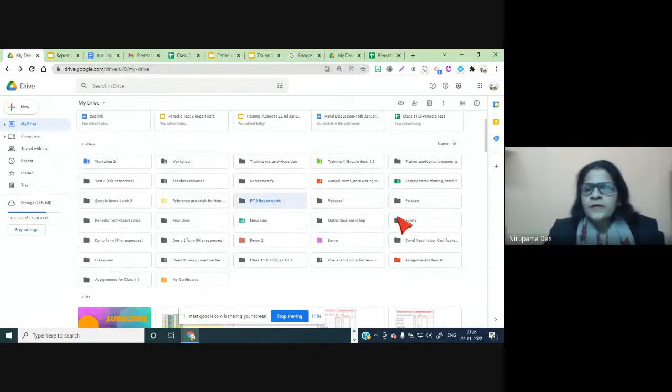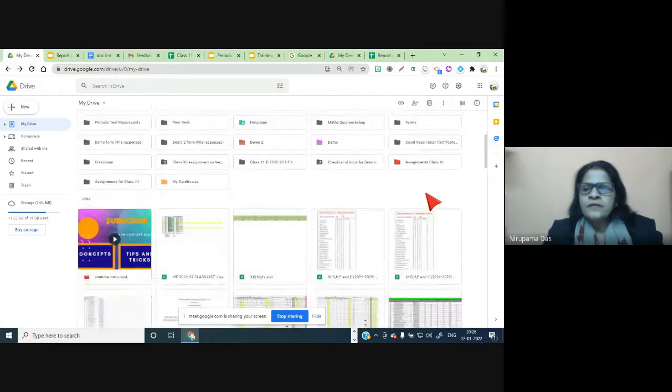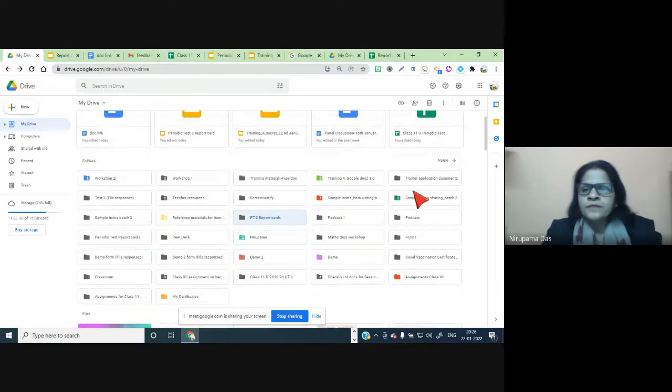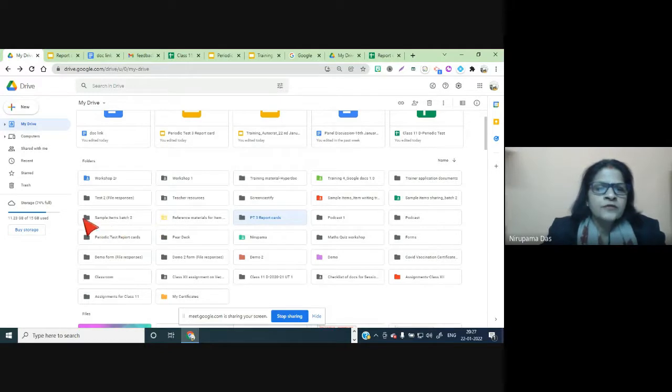So you can see the folder is created. Okay, so PT3 report cards. I already have a report card folder in my Drive, so I can use that. So that is the way you can create the folder.